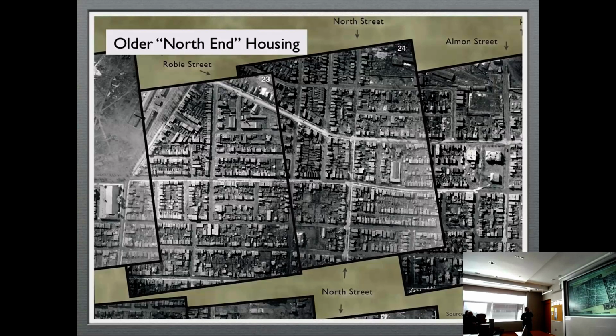It's an interesting situation in the North End, I found, because the substance of the buildings is still pretty much preserved.